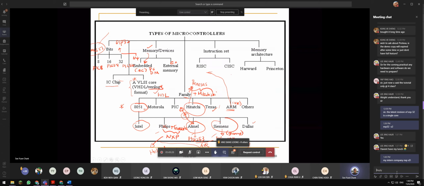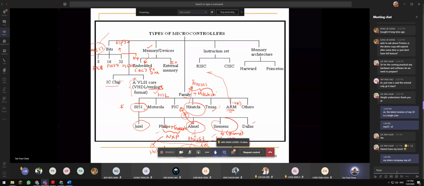I hope that you already know this from microcontroller and microprocessor. I am just briefly repeating everything that you have learned. So remember, ARM is from the UK. ARM fully supports Micro uVision. Everything like STMicroelectronics, they are using ARM, so definitely Micro uVision is recommended. And of course, they have other microcontrollers.